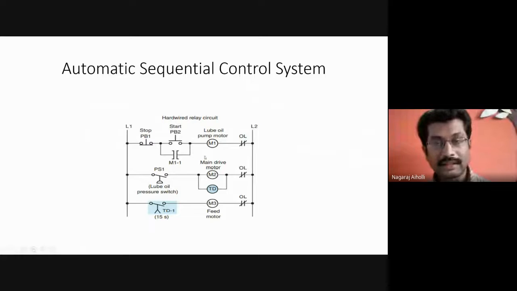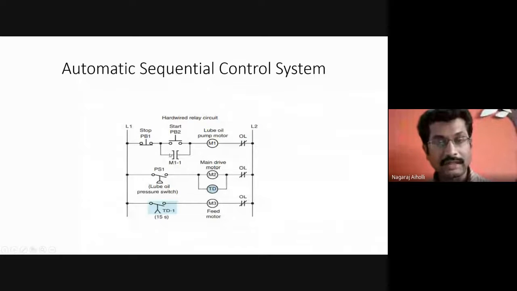This is the overload coil which is activated to protect the motor against excess current. If there is any excess current flowing in the motor, it is protected by this overload relay coil. The relay coil will activate and then see that the excess current is minimized. Then this M11 contact is examine if closed.